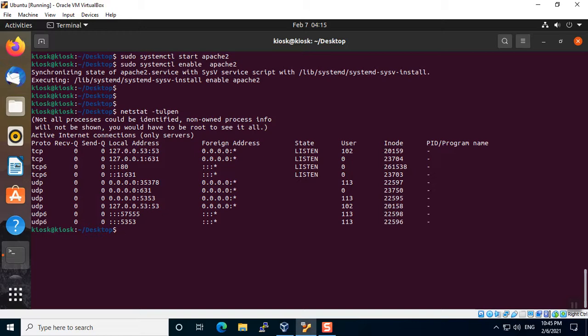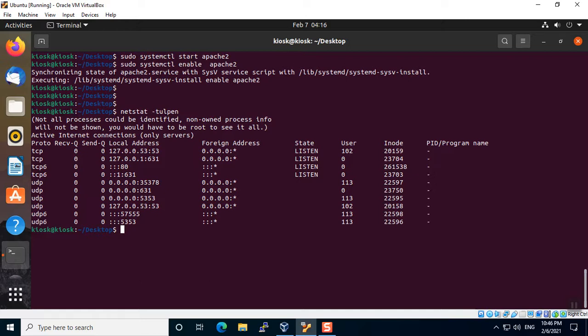Now how can we manage the firewall here? Next step, we need to allow the firewall for accessing the Apache service, like any web content from outside. You need to allow port 80 on the firewall. As the firewall in Ubuntu system, they are using UFW.